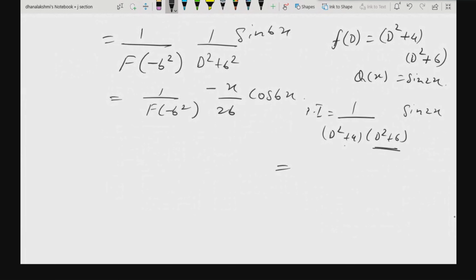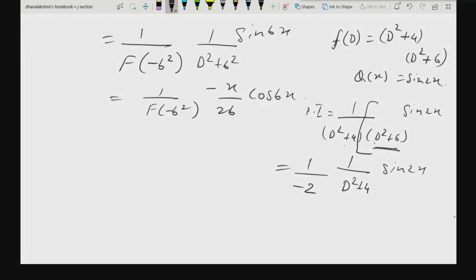But what about the next factor you have? The next factor is d square plus 6. What will happen with this one when we replace d square with minus 2 square? It is not getting 0. Is it or not? Yes, ma'am. So first we'll apply this factor itself, for which you are not getting 0 in the denominator. So this will be 1 by minus 4 plus 6, which will be minus 2... wait, 2. Now you have this thing, d square plus 4 on sine 2x.